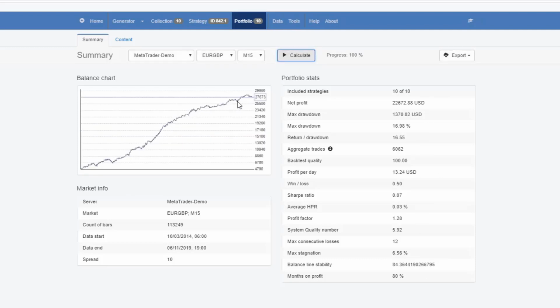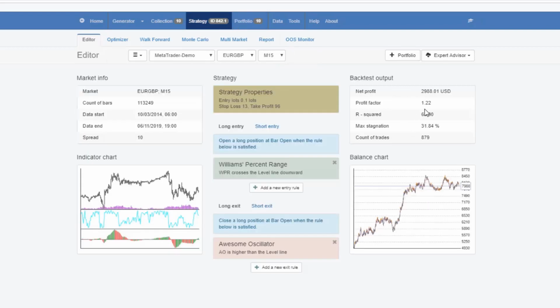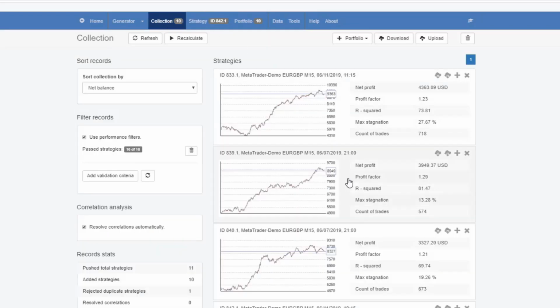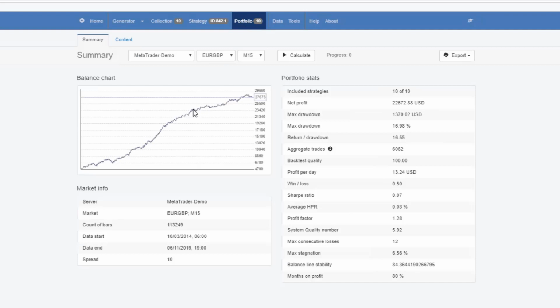Okay, much smoother line, no huge stagnations. In this case the maximum stagnation is 6.56%, and if you compare it with the stagnation of all strategies, you will see that we have 27, 13, 19, 31 and so on, and you can compare the backtest equity lines. Okay, here is the portfolio, much smoother, and this is exactly the idea when we trade many strategies simultaneously,